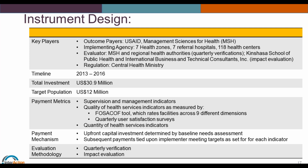The project was implemented between 2013 and 2016. The total investment was around 31 million. The target population covered by this project was around 12 million. In terms of how the disbursements are made, they're actually triggered by the implementer achieving the set target for different indicators. And so indicators have to be clearly defined, and they have to be specifically tied to the person performing